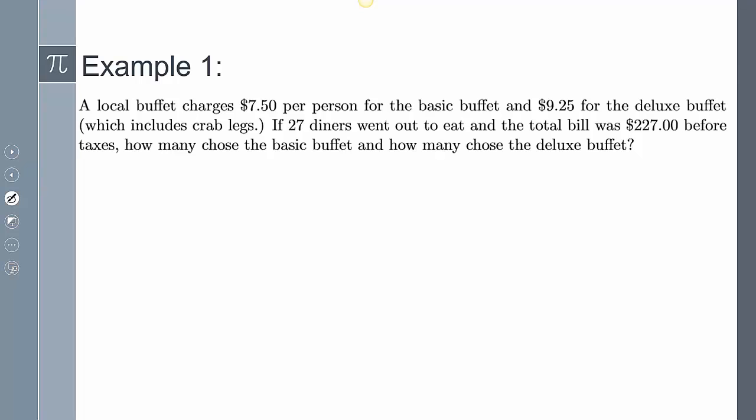Before we start into this first example, just understand that when it comes to a system of equations, there are different types of relationships that we can establish. One of the more common ways a relationship is established is the dollar amount, so like the price times the amount. I think this relationship gets overlooked a lot. And just to give an example of this, what if